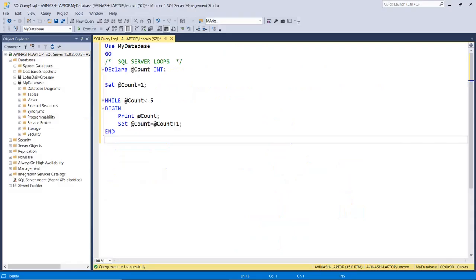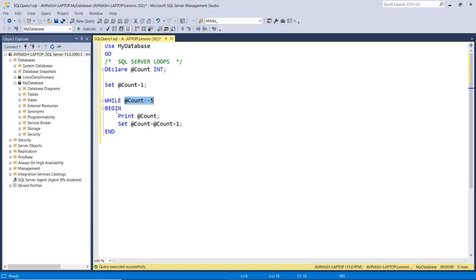Now let us try a loop program on SQL Server. First of all, we do a very simple program, that is counter printing. In this program, we have a variable, that is count. The type is int. The initial value is 1, assigned to this variable. Then the while loop. This is the keyword and this is the condition: count less than or equal to 5. So this evaluates and will produce true or false.